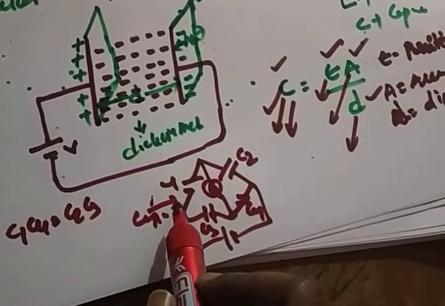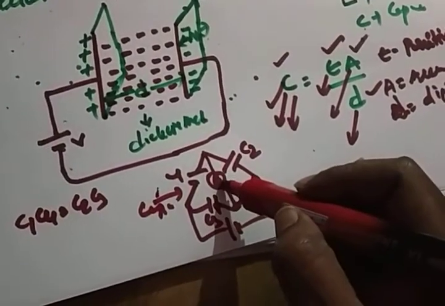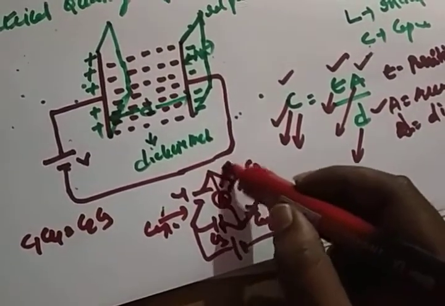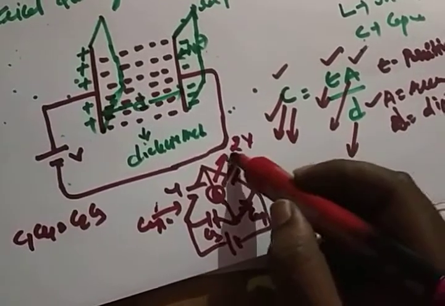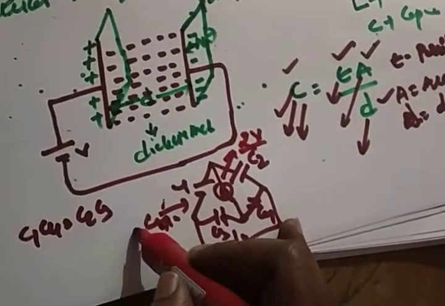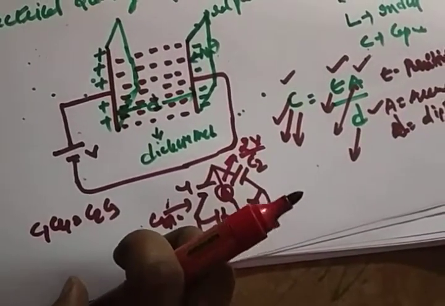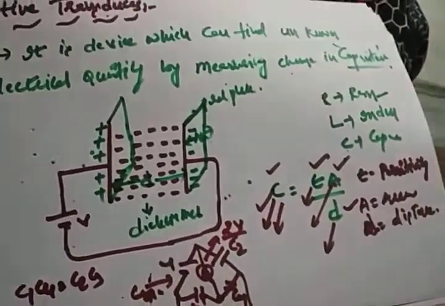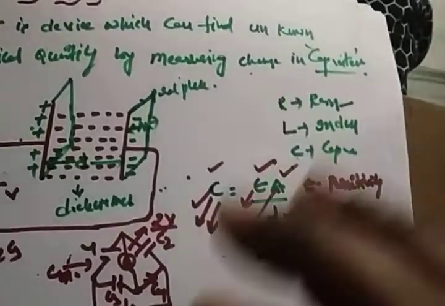Now, whatever capacitance change you apply here, this equation can be violated. So the bridge is not balanced now, and it can show some value of voltage or current. If it shows 2 volts, how did the 2 volts come? By changing the capacitance. How did the change in capacitance happen? By changing the displacement here. So whatever the change in displacement is converted to electrical energy. This is the working of a capacitor transducer. I hope it's clear.